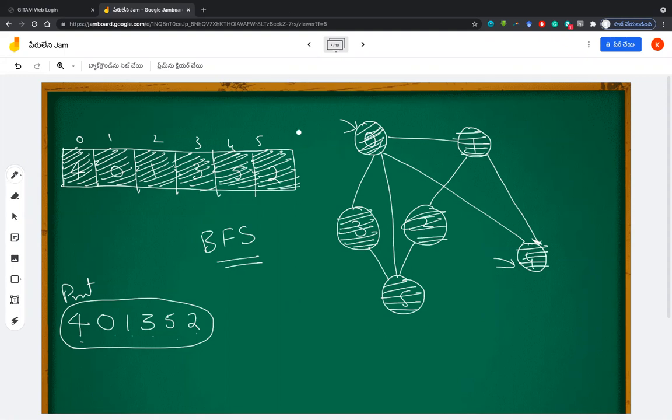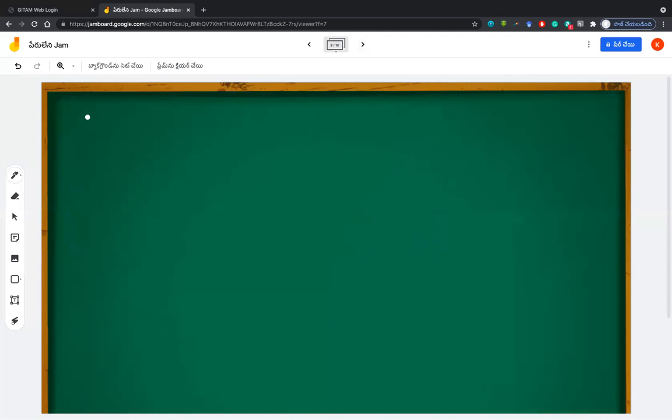So I just told you the example of breadth, in the sense that we are going from level to level. Now the next one is the depth of the entire graph, DFS, depth first search. That means we go to any node and from there we go deeper. So let us see how the depth first search will go through.